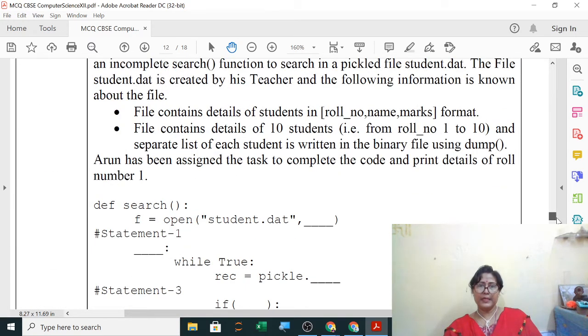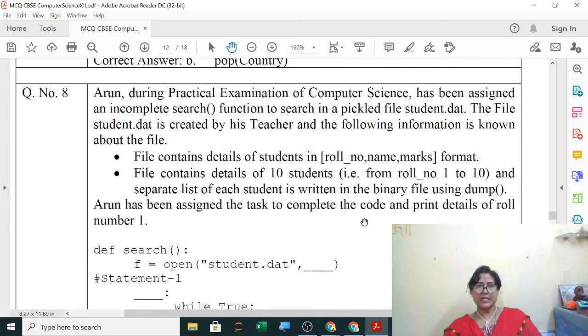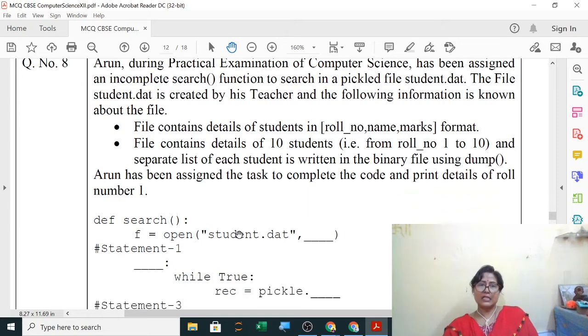First let us complete our binary. This is data file handling. So let us complete this. So this also you can do it easily. Now for searching, which mode do you require here to open? Open in which mode?